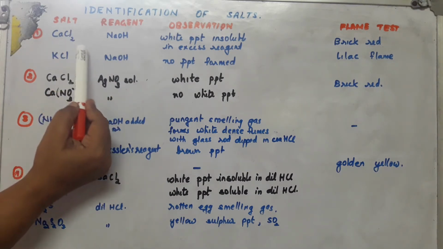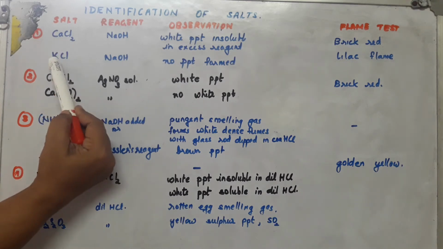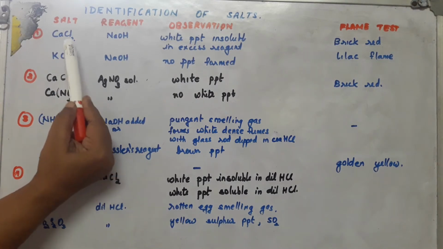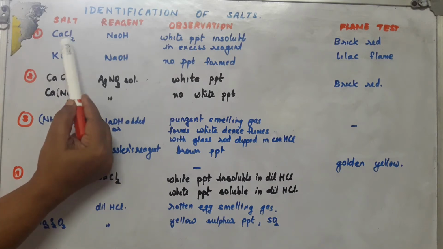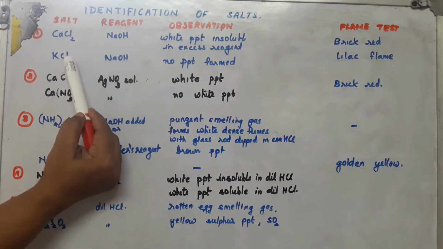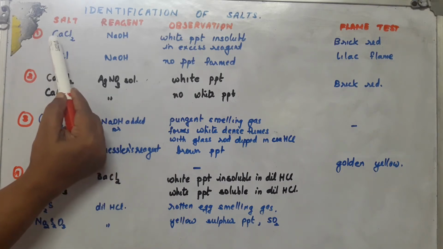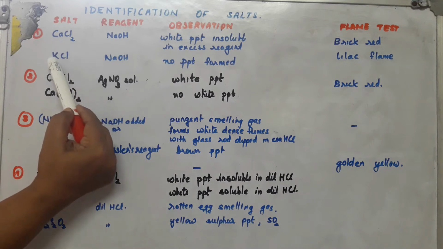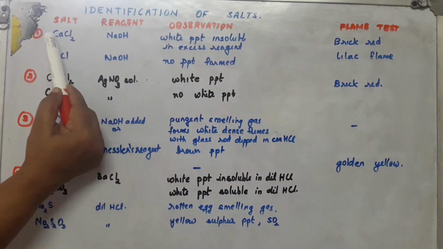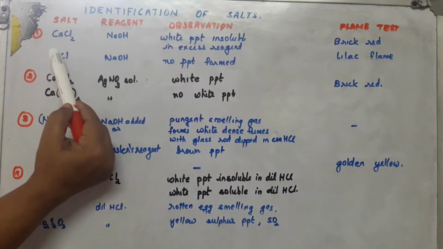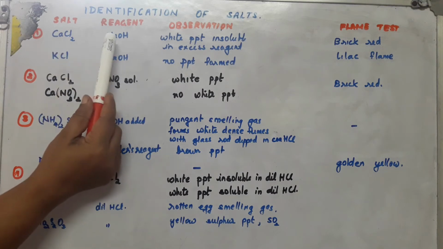So first of all I have taken a pair, calcium chloride and potassium chloride. When you see the salts, just check what is different. Now in the salts, the negative part, that is the anion part, is the same, chloride is the same for both. So now we have to use some reagent to identify calcium and potassium, that is cations. I have prepared a video where I have shown you how to identify cations. Now calcium and potassium can be identified by adding sodium hydroxide.